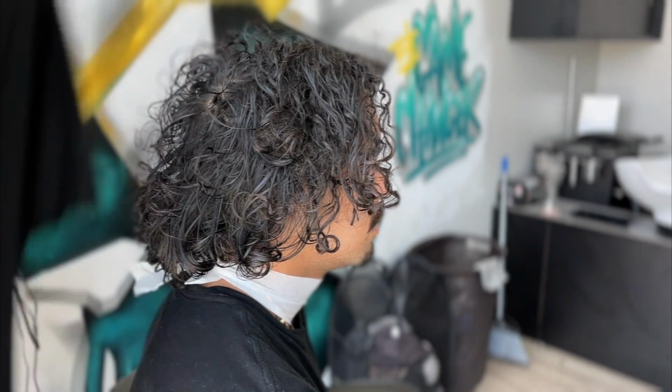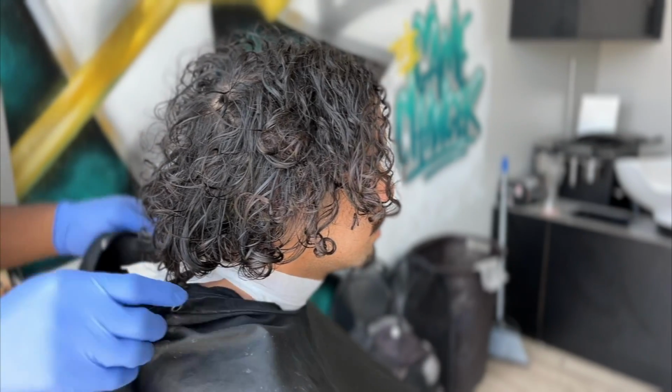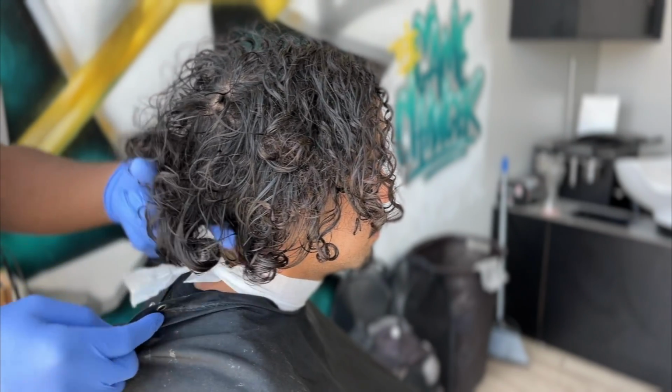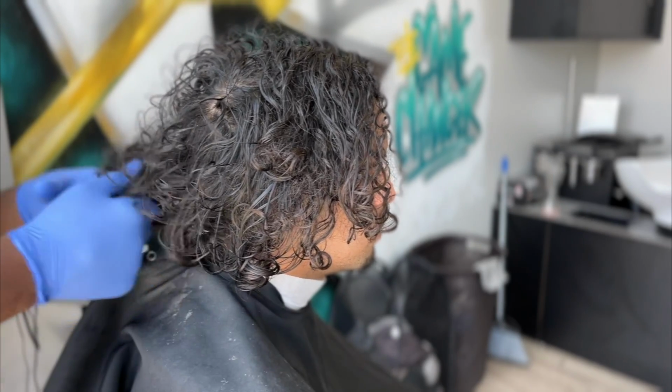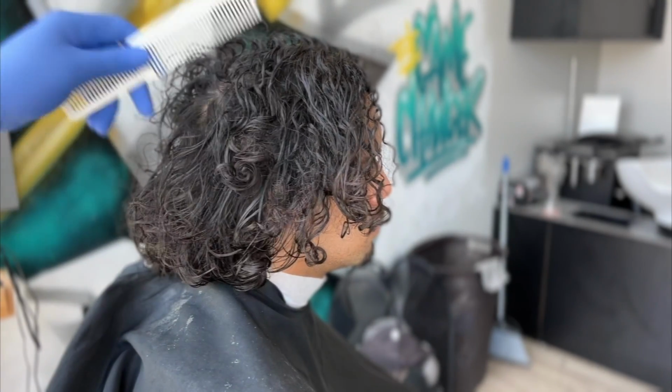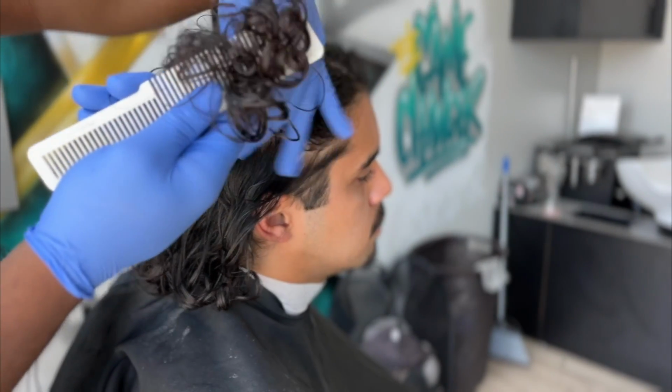First things first, you want to comb the hair out. Obviously, you want to make it easier for the clippers to cut through. Even though we're cutting this hair off, we want to make sure that the roots aren't matted and the process is comfortable for the clippers and the client. All right, so like I said,